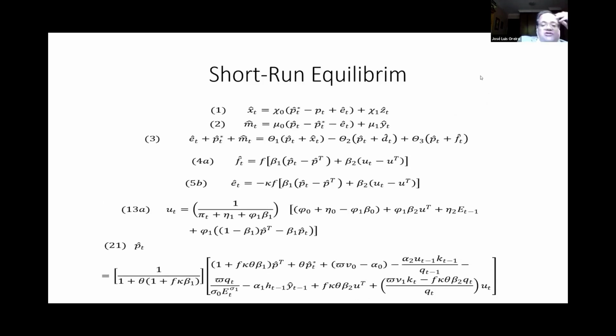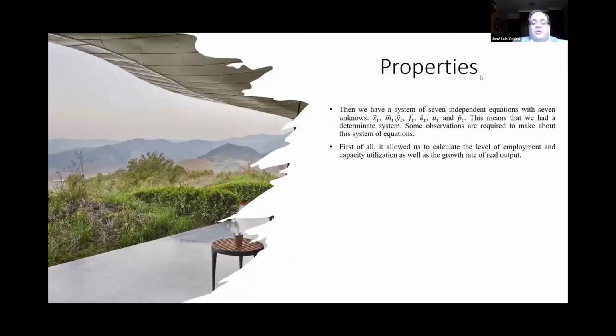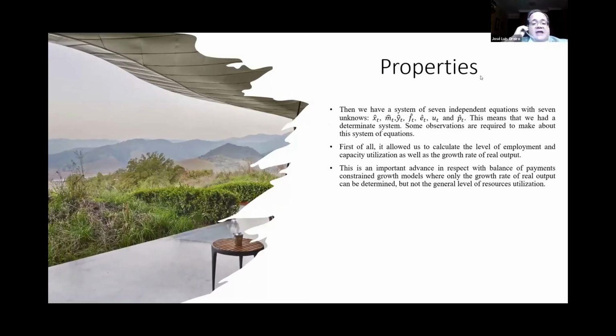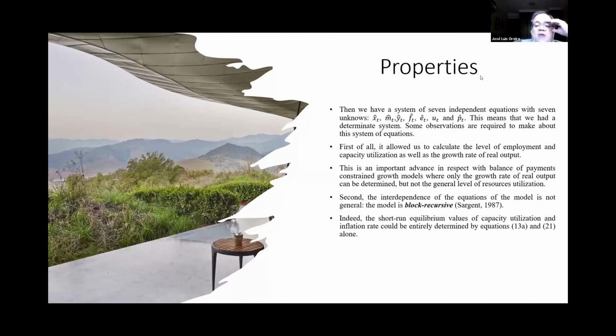So the model has a short-run equilibrium that is represented by equations 1, 2, 3, 4a, 5b, 13a, and 21. I will skip that. Some properties of the short-run equilibrium. Then we have a system of 7 independent equations with 7 unknowns. This means that we have a determinate system, but some observations are required about the system of equations. First of all, it allows us to calculate the level of employment and capacity utilization, as well as the growth rate of real output. This is an important advance with respect to balance of payments